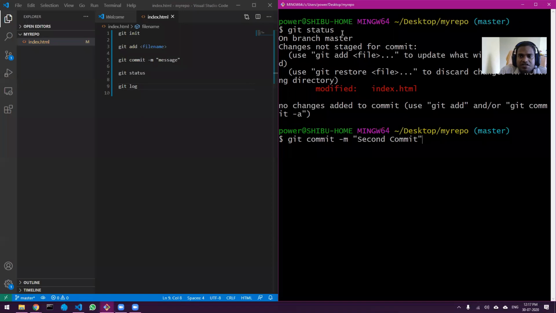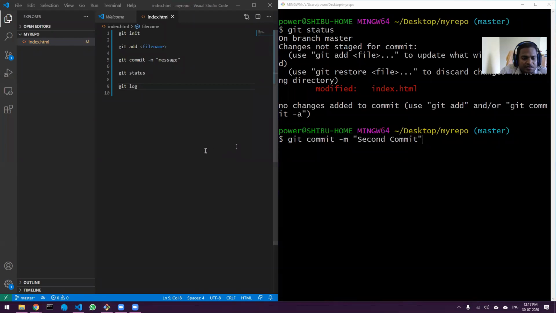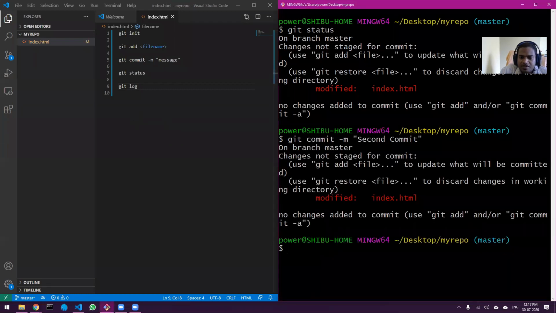You can reply in the chat box. If I run the commit, will it do the second commit? No. Okay, so let's see. It says it is not changing anything. Basically, it is still showing me the same result.